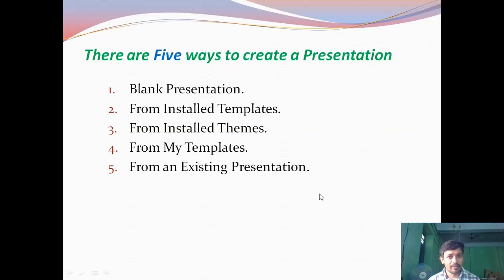We can create a PowerPoint presentation in 5 ways. 1. Blank presentation method. 2. From installed templates. 3. From installed themes. 4. From my templates. 5. From an existing presentation. The blank presentation, by name itself, you can understand